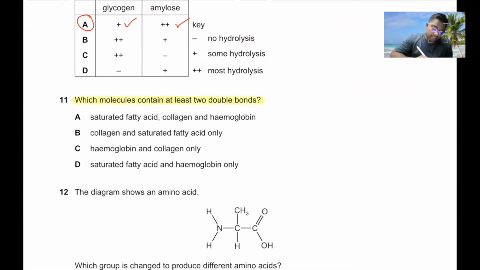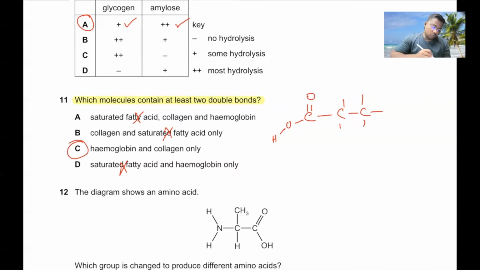A saturated fatty acid has 1 carbon-oxygen double bond, as you can see, and the remainder are saturated, so no other double bonds. Saturated fatty acids. Hemoglobin and collagen molecules have more than 1 CO double bond. All right. Because every protein molecule, in every amino acid, there is a CONH